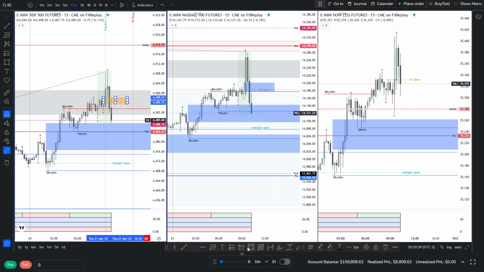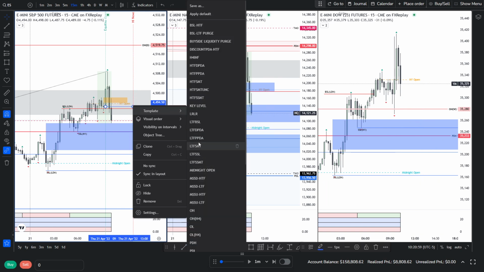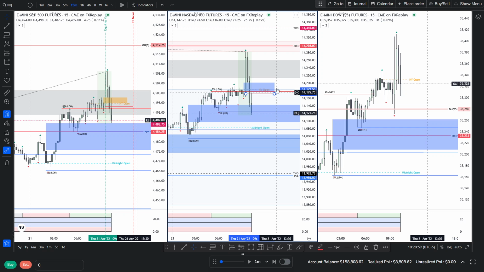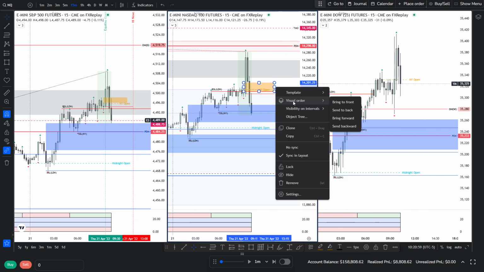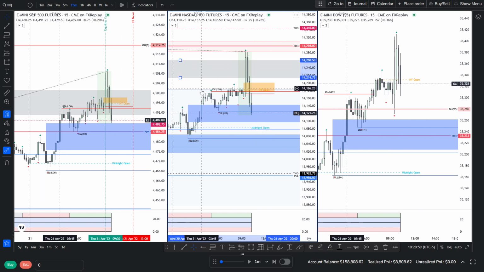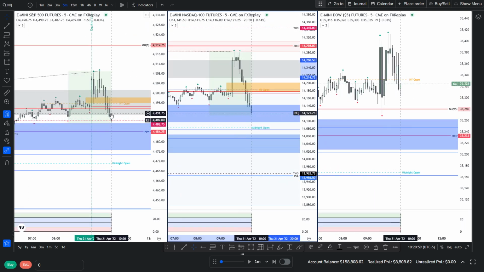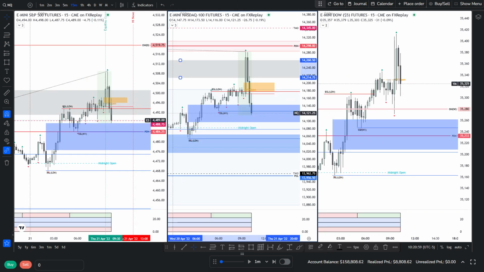M15. Okay, so just going to go through. Okay. Only seeing the imbalance down here on ES, so not yet. Apologies, my machine's just having a moment. Okay, so